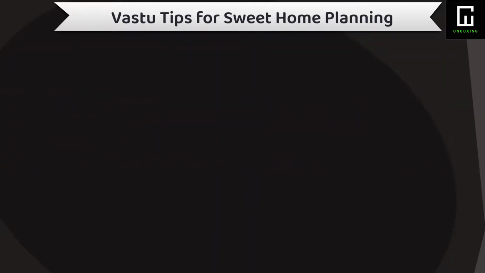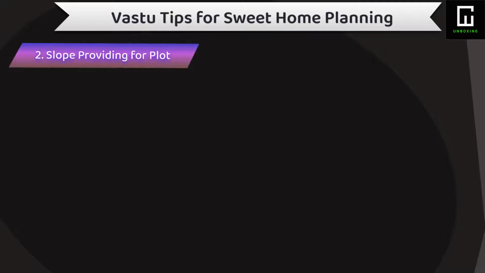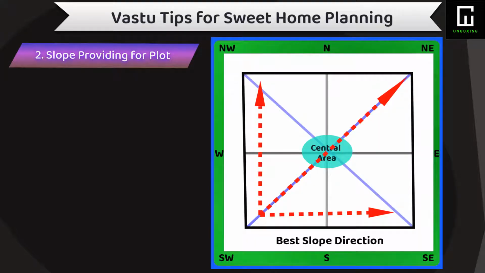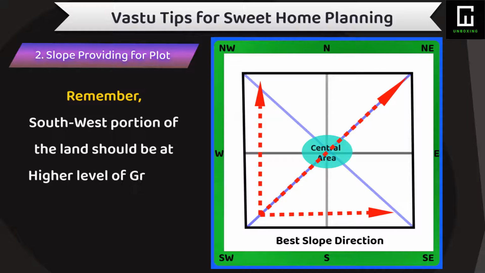Alright, now considering this direction table with a square vacant plot of a residential building or home, the first important concept we have to understand is about slope providing. So as per the Vastu concept, we should provide slope ascending from southwest and descending towards northeast, or secondly southwest to southeast, or lastly southwest to northwest direction. By this condition, we can say that the plot has to be leveled in such a way so that the southwest portion should lie on the higher level of the ground.